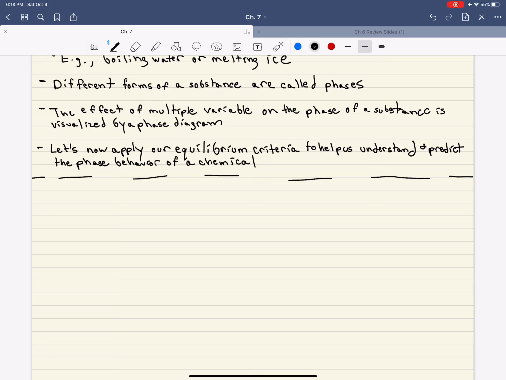To begin our discussion about phase behavior, we're going to start with a relatively simple system. So what I want you to think about is a system that's constant N, so total number of moles, constant total volume, and also a constant temperature. Okay? And so we have this constant NVT system that consists of a single